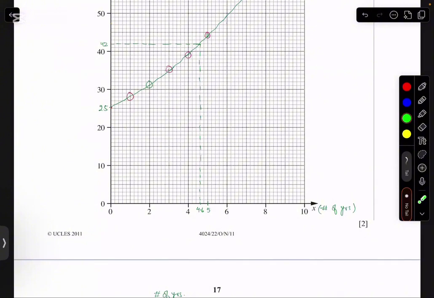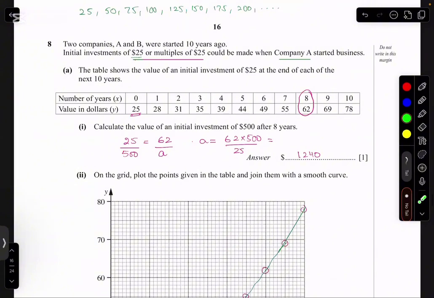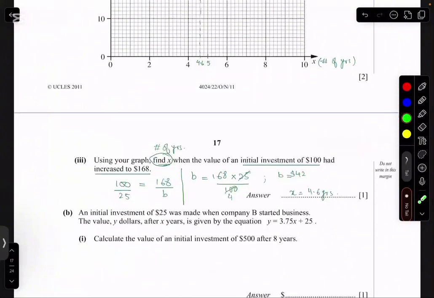So this is the comparison ratio method, this is what is being applied to this question. Okay? Ratio method, and this statement here is very important when they say that there is an initial investment of $25 or multiples of 25. So you can see what we compared here, the investment cost, it's 500. It is a multiple of 25. Then $100, that also is a multiple of 25. Got it?